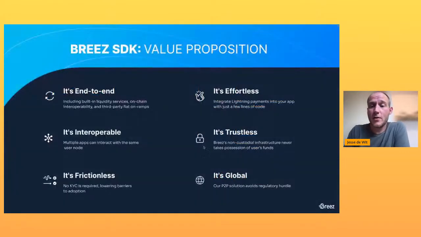The SDK contains a fully featured set of options to facilitate these Lightning payments that is end-to-end. Basically anything you need in order to provide a Lightning experience, it's in the SDK, based on Breez's experience running a non-custodial app. Like liquidity, on-chain interoperability, third-party fiat on-ramps, not just the Lightning parts, but also the edges of the